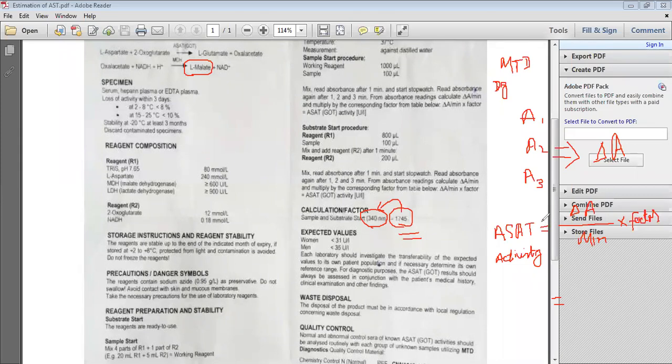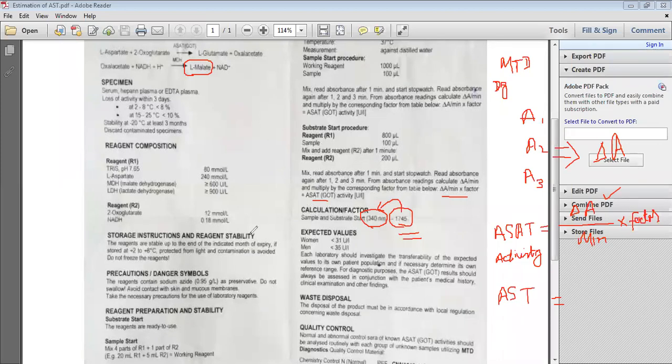So here, when you need to estimate the quantity of AST, you will use this formula. This is the AST, delta A over minute into factor. Here you need to put the difference in the absorbances which you have calculated: absorbance 1 in 1 minute, absorbance 2 in 2 minutes, and then absorbance 3 of the sample in 3 minutes. Then you will calculate the difference and put it here, and you will divide it by 1 minute, and then you will multiply it with the factor. It would provide us the level of